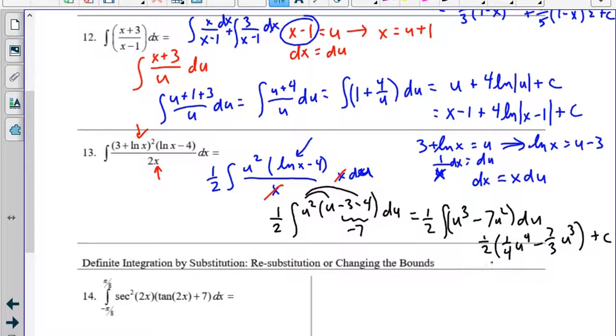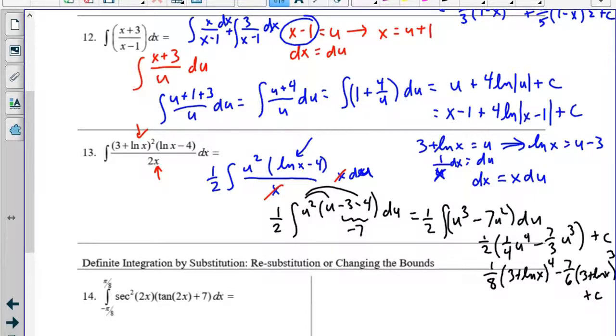So I have 1/8 when I distribute the 1/2 and the 1/4. So I have 1/8, 3 plus natural log of x to the 4th minus 7/6, 3 plus natural log of x to the 3rd